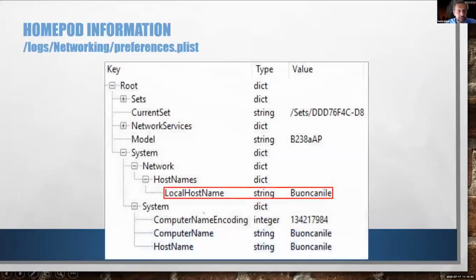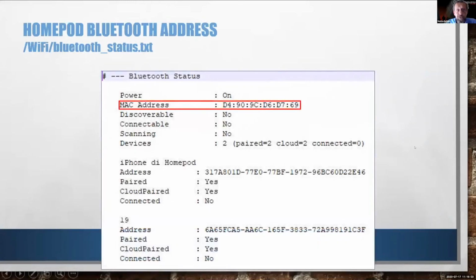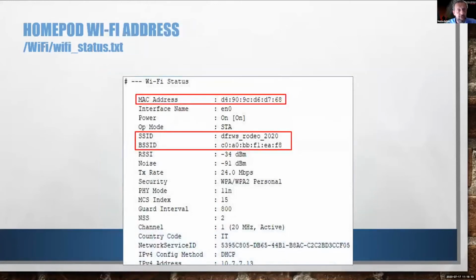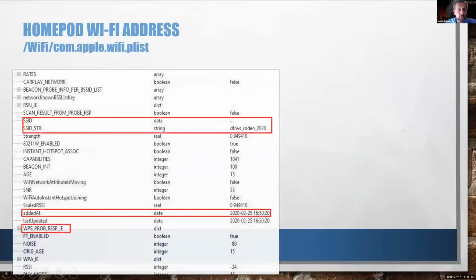Among the various files, we found references to preferences with the localhost name, so the name of the HomePod. We found references to Bluetooth addresses, the Bluetooth address of the device and the Wi-Fi address of the device, and also the SSID and BSSID that the HomePod was connected to at the moment in which it was acquired. But also, as often happens with Apple devices, the traditional